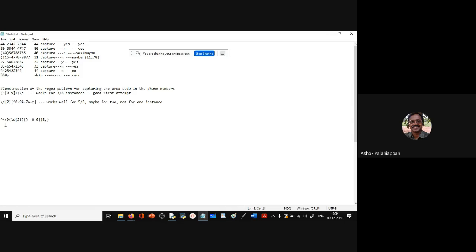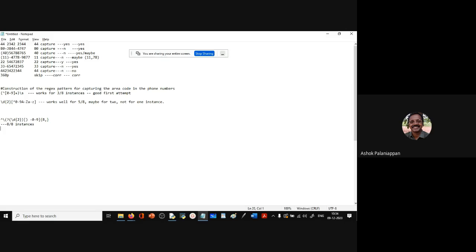So if we apply this, then this will be matched because no parenthesis, first 2 digits, second one, first 2 digits. With the parenthesis is also matched, 2 digits matched, 2 matched, 2 matched. Here 2 is matched, but the rest of the pattern will not match because there are no letters that are allowed here, so this will be skipped. So the first 7 will be matched, and the 8th one will be skipped. So this one will work for 8 out of 8 instances.